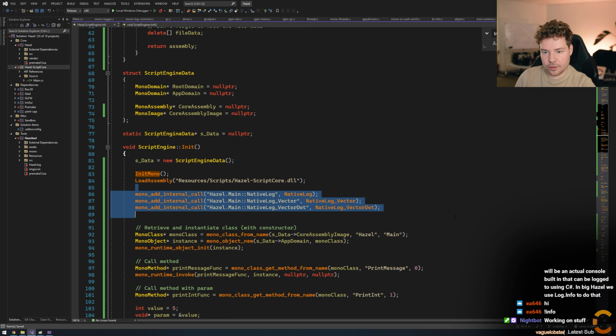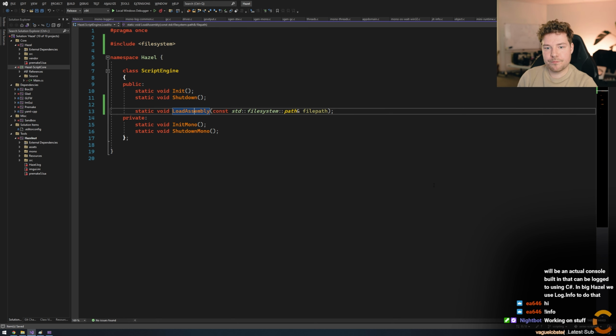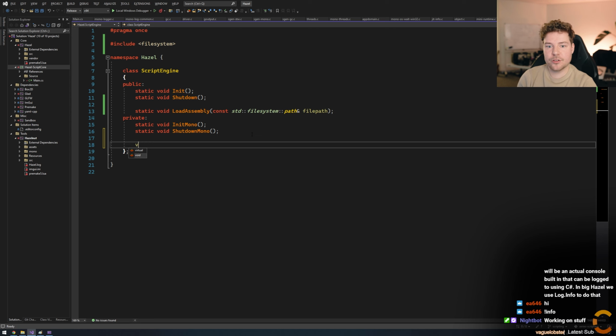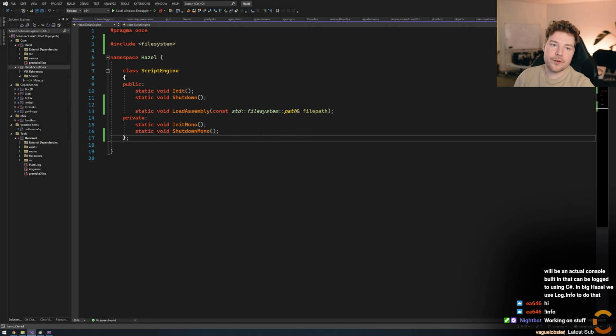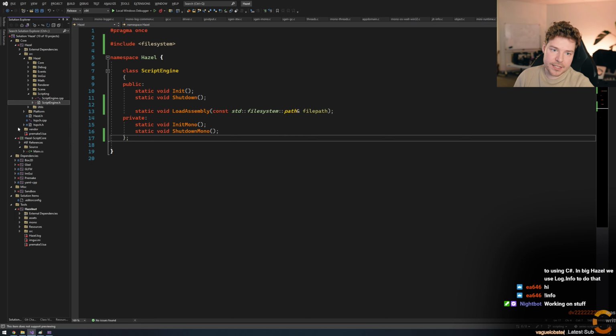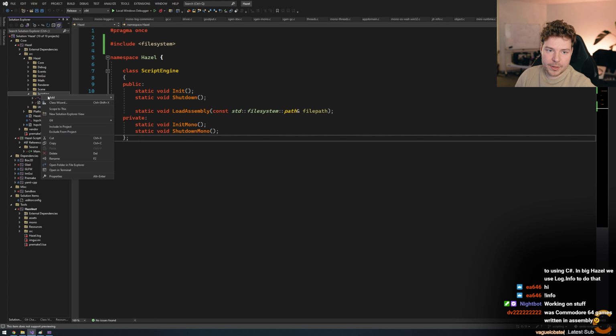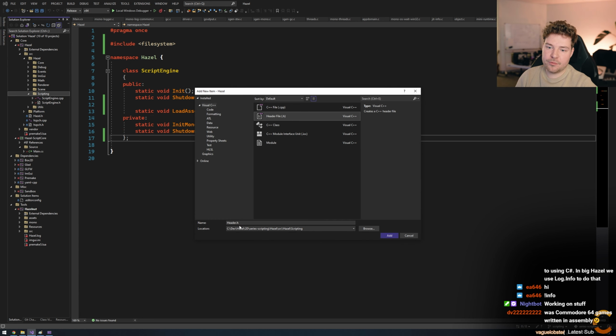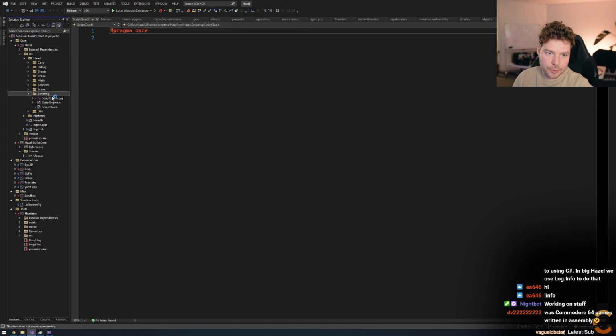So we have our internal calls. This is what I want to basically say is going to be all of our types. Now, basically what we do inside Hazel is we have this class, which I think was called script registry or something. But lately, I think Peter renamed it to script glue.